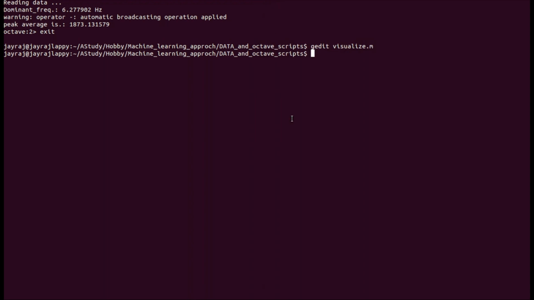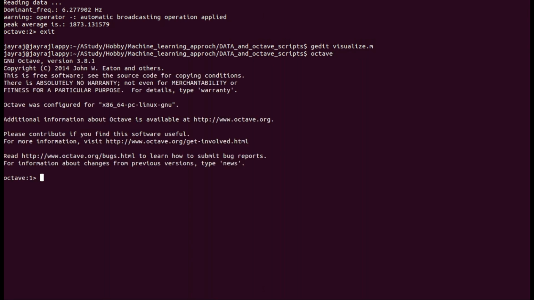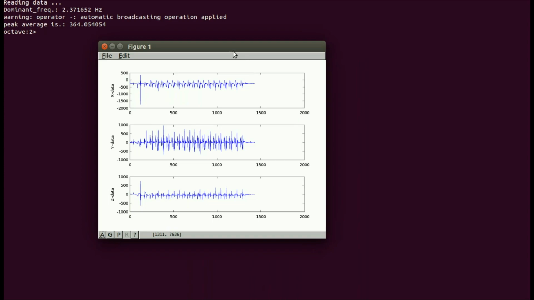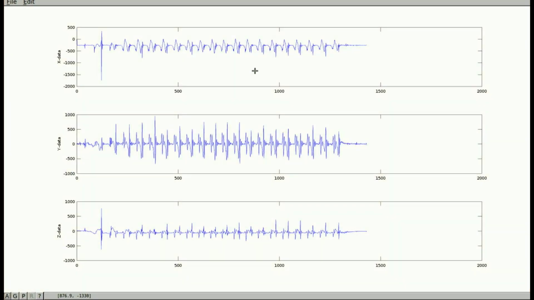Again, we'll move to Octave and visualize the data. Okay, so now if you can see here, this is our x-axis, and there's not much spike here, and it has also got some kind of periodicity, but the frequency seems to be lower.